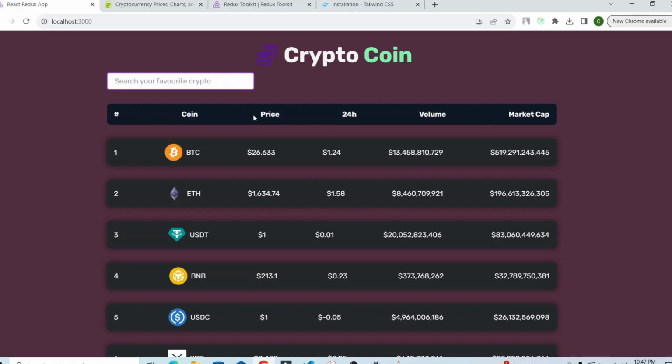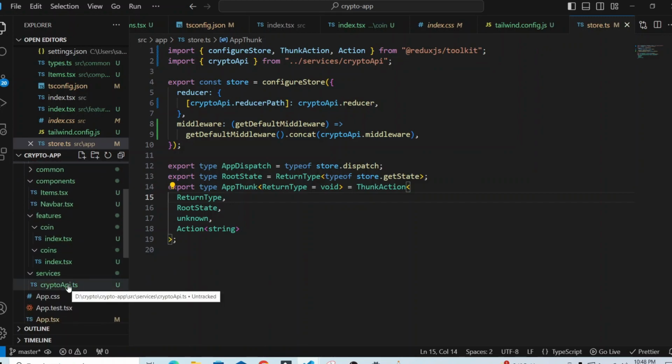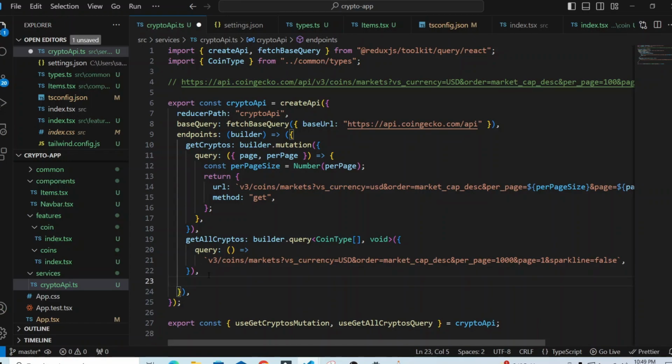Now we have to work on our detail page, so we can see more detail about the particular cryptocurrency. In order to get the detail about the particular cryptocurrency, first we need to write an RTK query. So I'm going back to this file, crypto API, and here I'm going to add one more query. That will be getCrypto, and again we have to write builder.query,